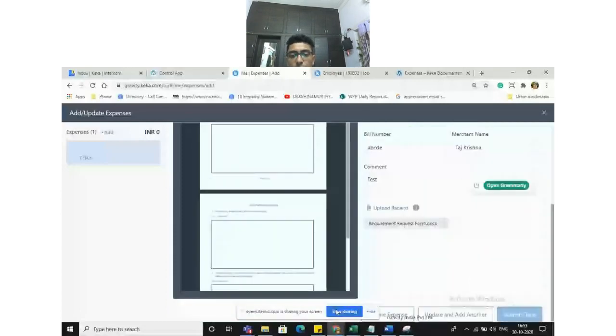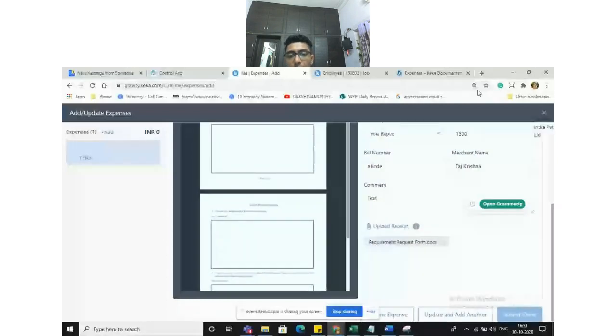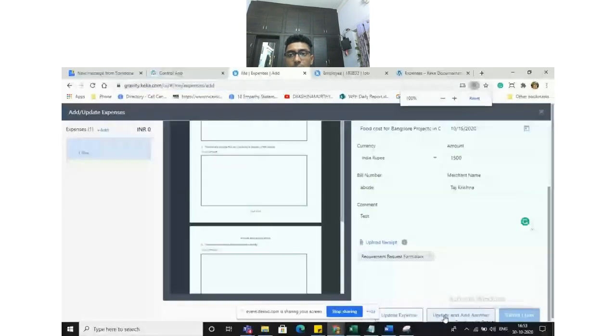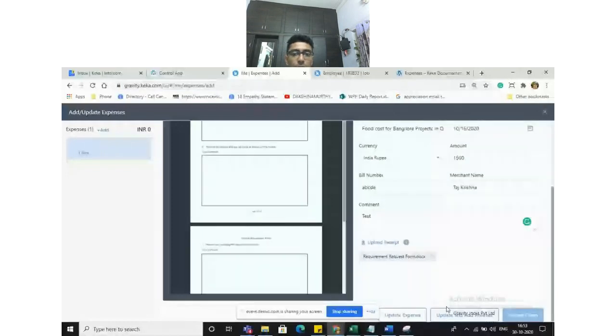If it is only one expense, fine. Or else if there are multiple expenses, you can click on update and add it. You have update expense option, update and add another option. Okay, so it's not necessary that only food is the only category that I'll be expending on and requesting for a reimbursement. It can be travel as well as multiple other expenses in that one particular project. So you can add multiple things and submit for a claim. Okay, you can submit it.